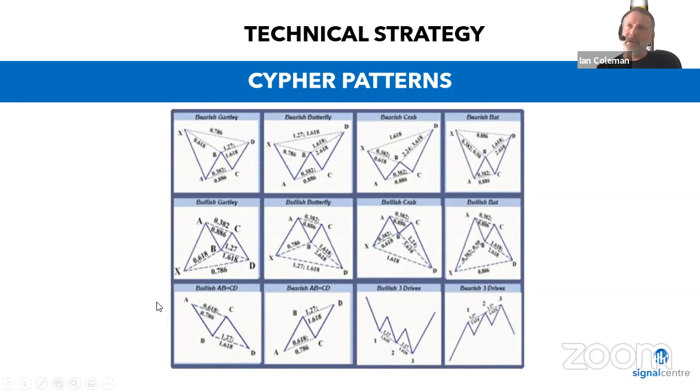There's a slight difference between the ones on the outside. The Gartley and the bat pattern stay within the XA leg, so they're retracement patterns. The butterfly and the crab overextend the XA leg, so they're extension patterns. Okay,